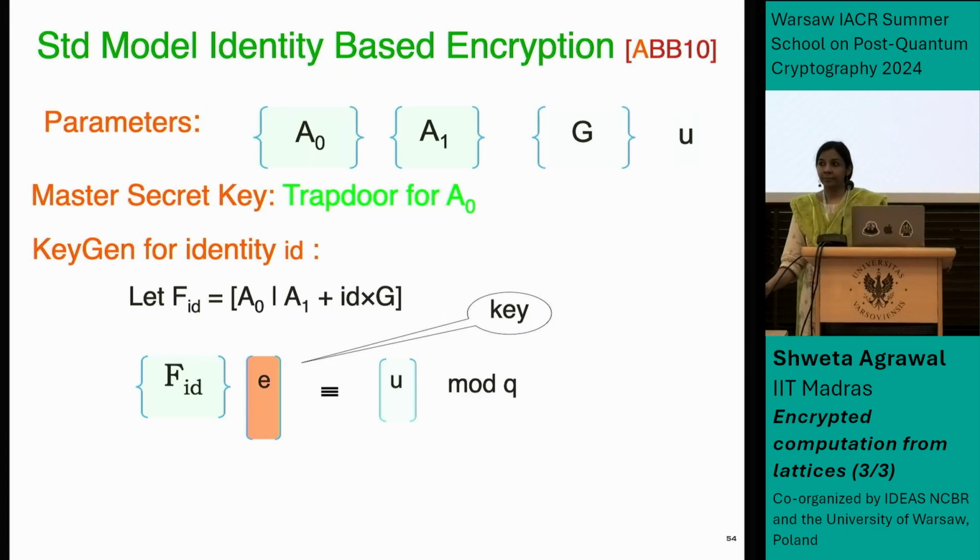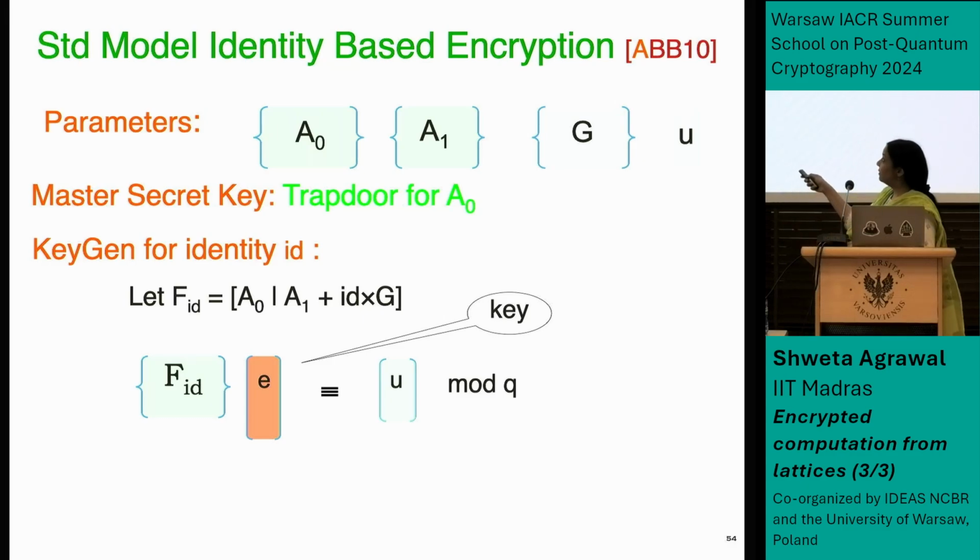You can separate E into two parts. The first part is E1, the second part is E2. You can choose arbitrary E2 and then sample E1 using the trapdoor of A0. Yeah, that's exactly right. So what he's suggesting is that you can separate E into two parts, E1 and E2, corresponding to the first part, which is A0, and the second part.